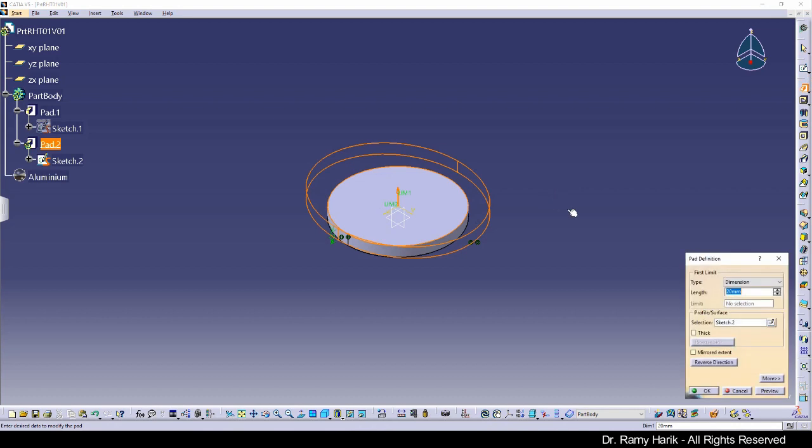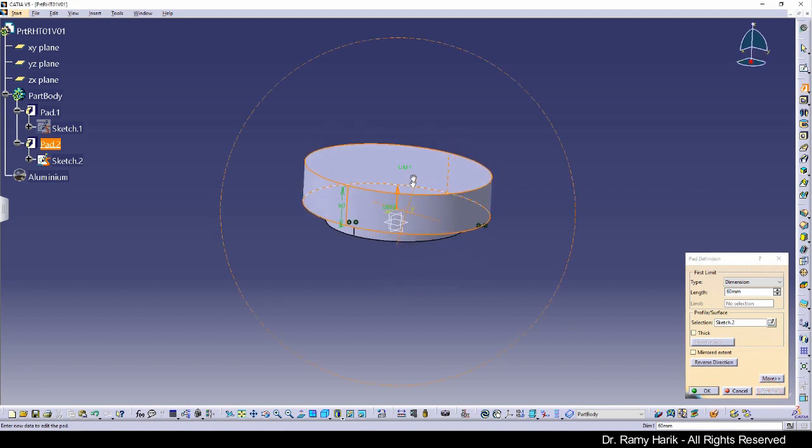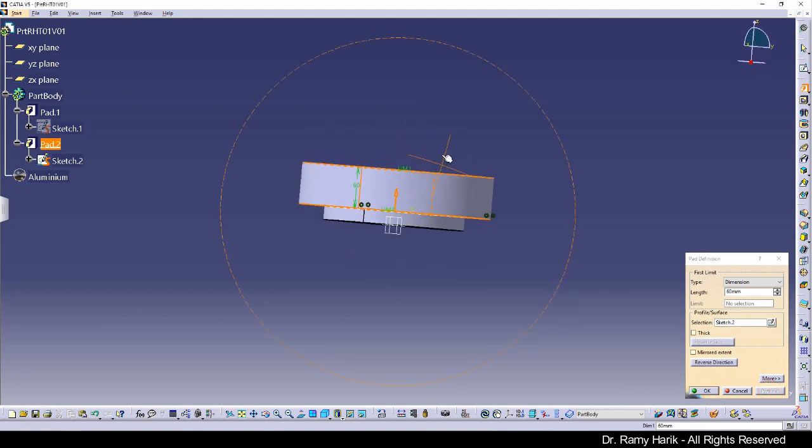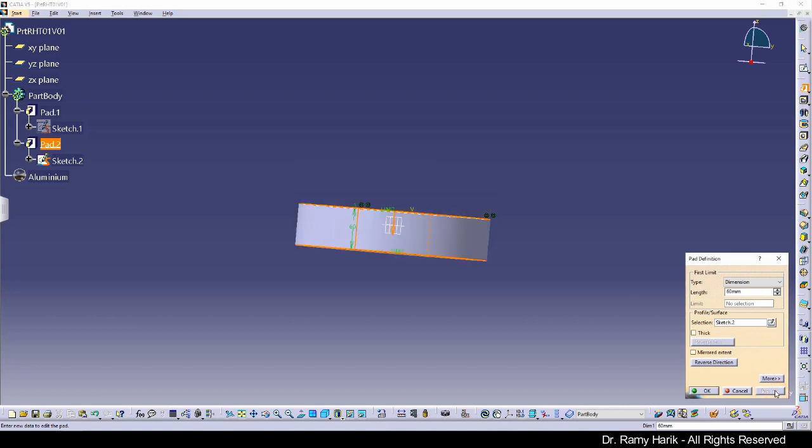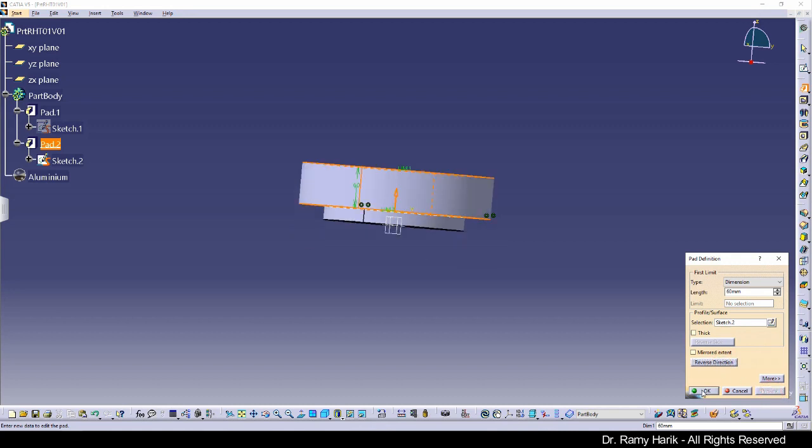We're going to click on pad, come in here, put a dimension of 60 millimeters, click preview, rotate that to see it, and that is correct. If it creates your pad along the other orientation, it is sufficient to click on the arrow to move it to the other dimension. I'm going to demonstrate that. If I click in here, it has created it along the wrong orientation. You can either click on here the direction, or you can click reverse direction here. I am going to click OK,